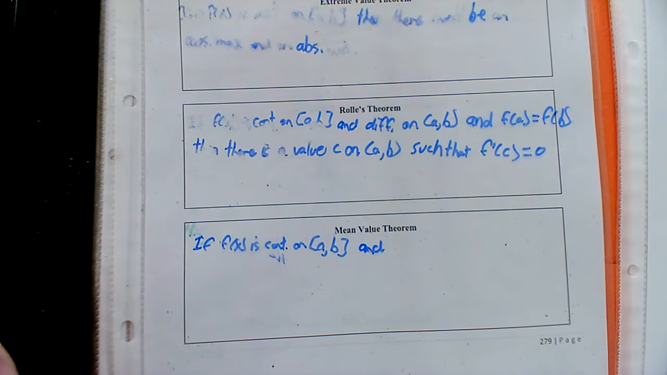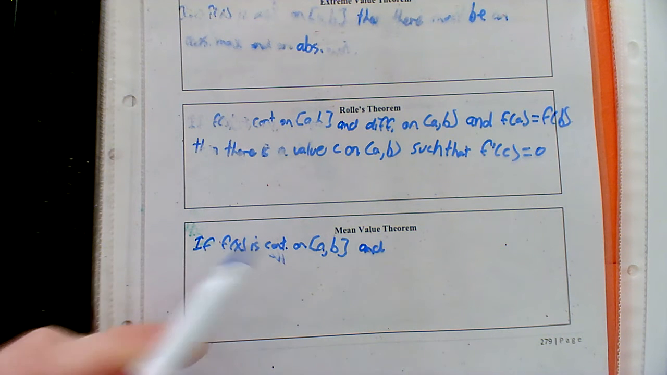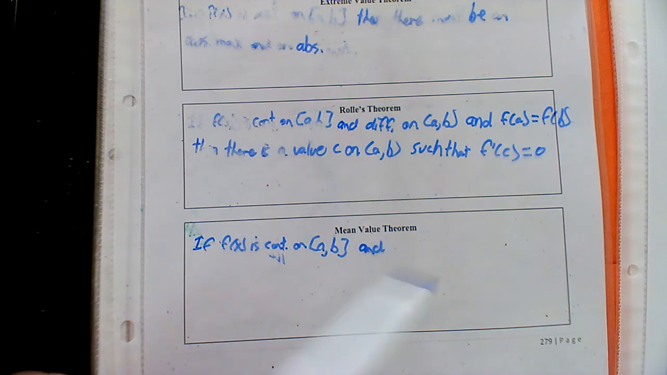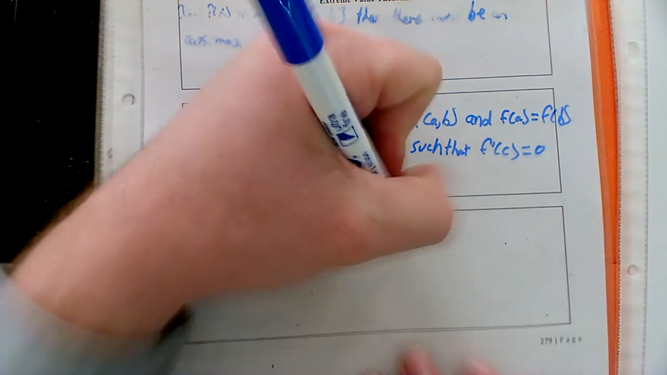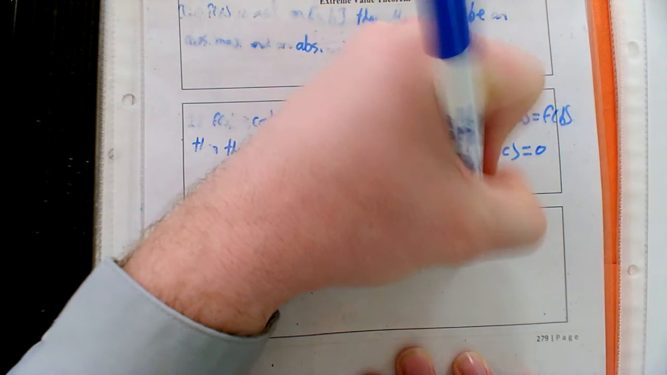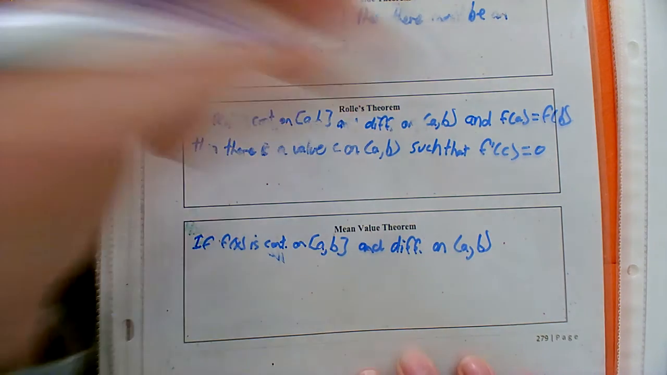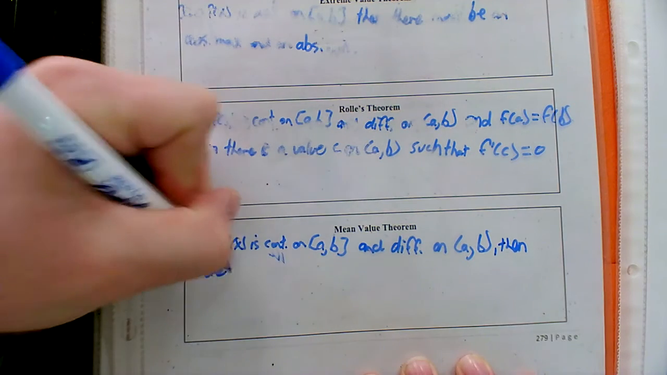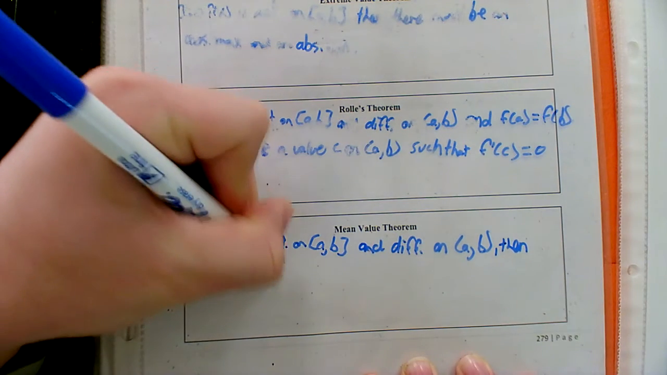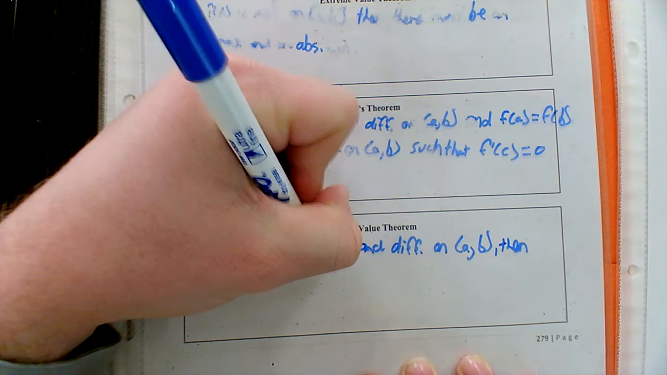And so this is the last one we did. We did this on Friday, the mean value theorem. Continuous on a to b and what on the open interval? Differentiable. Differentiable on the open interval a to b. Then there is a value c such that